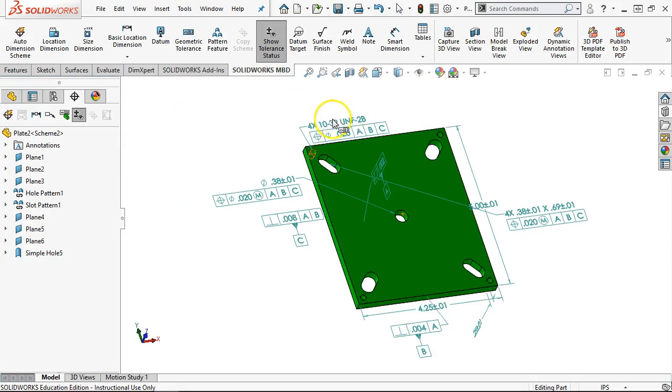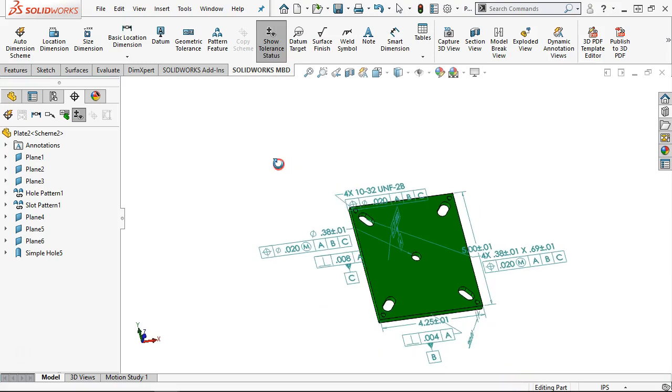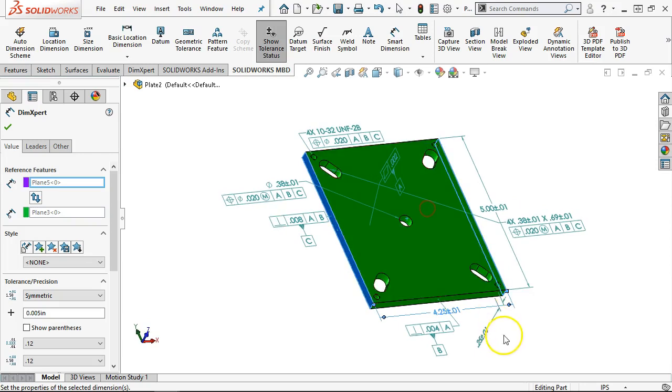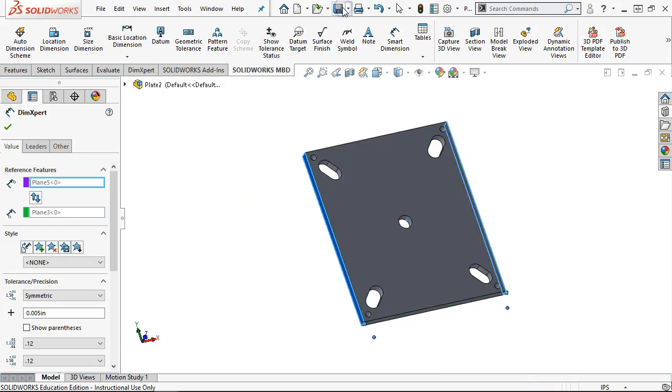All right, so a few more. We've got the 1032 call out. Oh, okay, it saw some extra boxes there. All right, so as far as its basic position and location dimensions, that looks like something we'll have to go back and add. But the standard tolerancing as far as size, width, and thickness, those are all pretty standard. So we can go through and get this started pretty quick, but then just like we did with the drawing, if we're going to stay with this, we need to have it